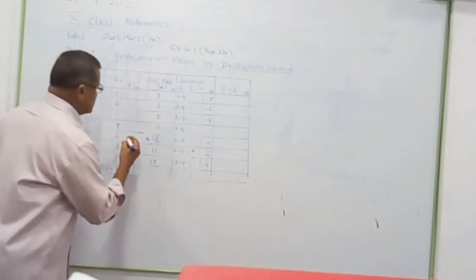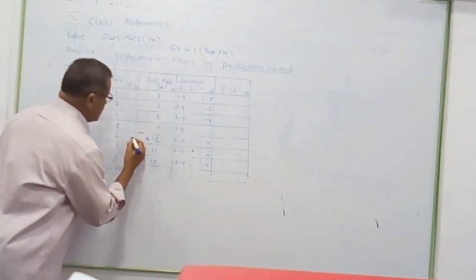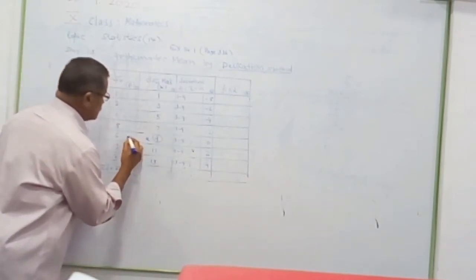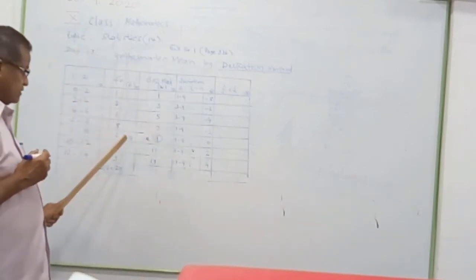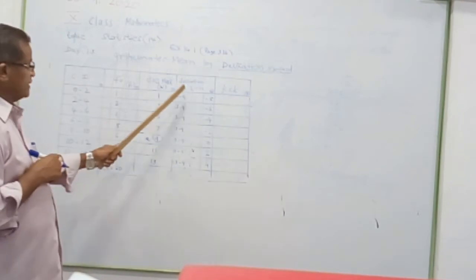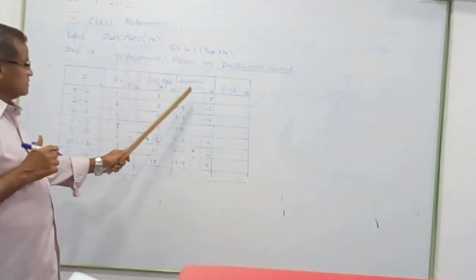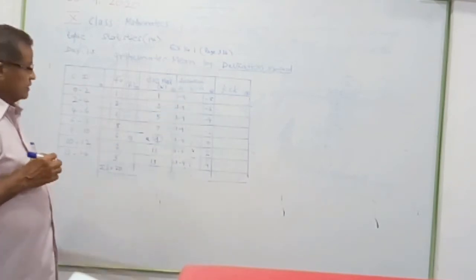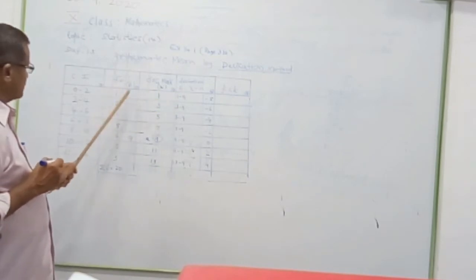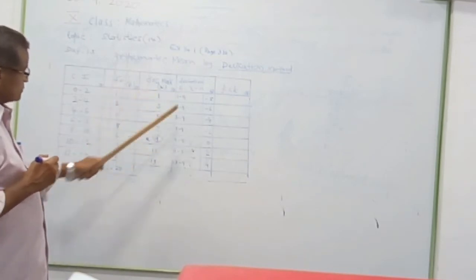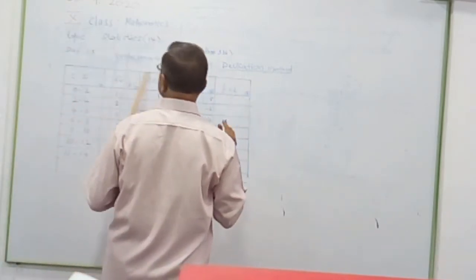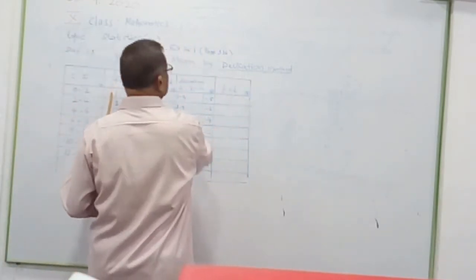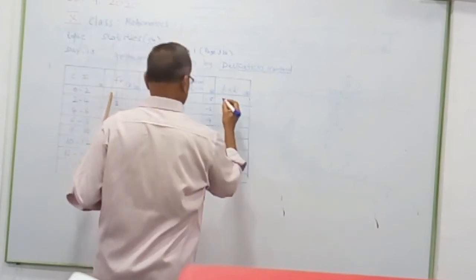6 is opposite 9, so we are assuming this mean is 9. So di is deviation, stands for x minus a, subtract. So x is 1, 3, 5, subtract 9. Now fi into di, frequency: second column into fourth column.